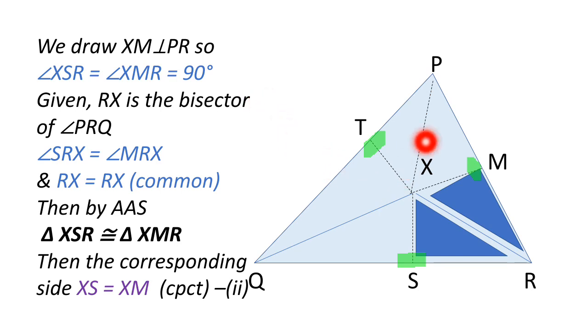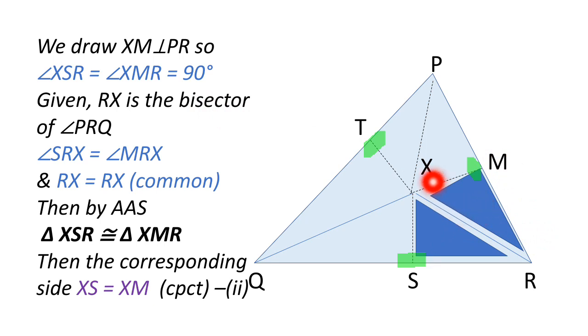Here first see this picture. Okay, here we have drawn another perpendicular XM on this side PR, and we have also joined this X with this point P. And as by our construction, as we have drawn XM perpendicular on PR, so we can take their angles as 90 degree. That means we can take this angle XMR equal to 90 degree. And now we are focusing on those two triangles. It is shaded here, so you can easily focus on those two triangles.